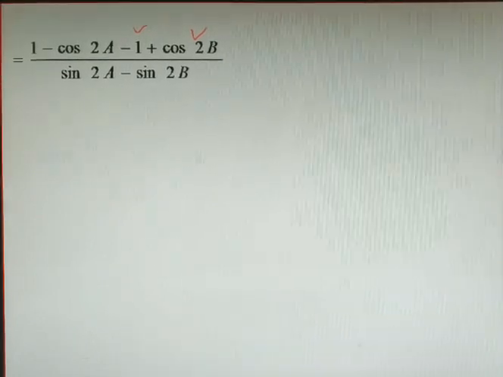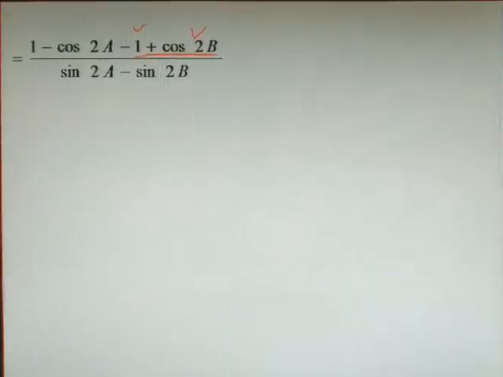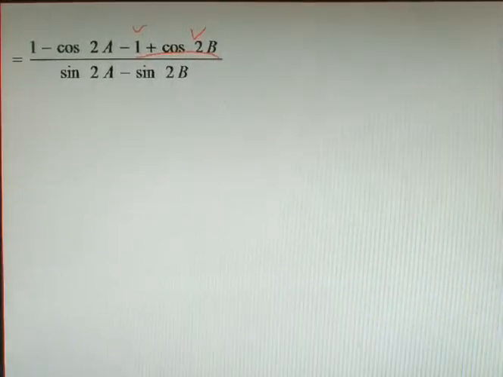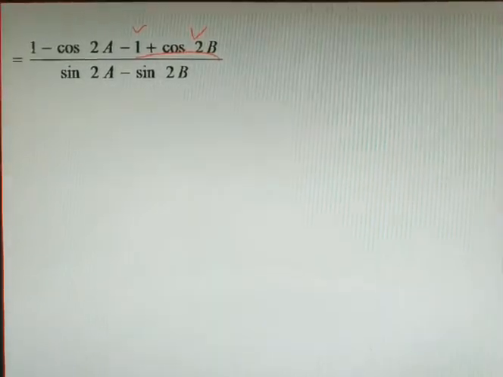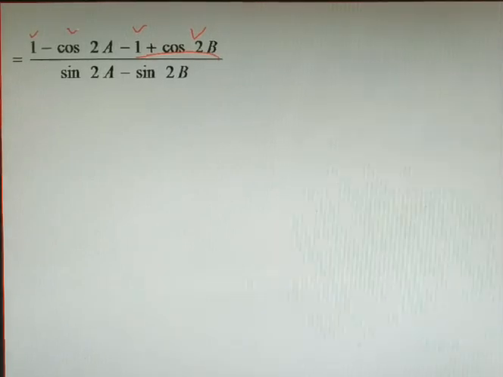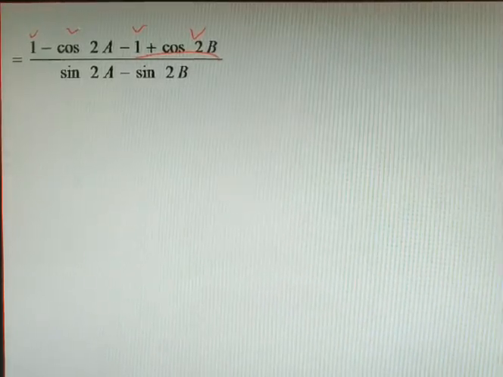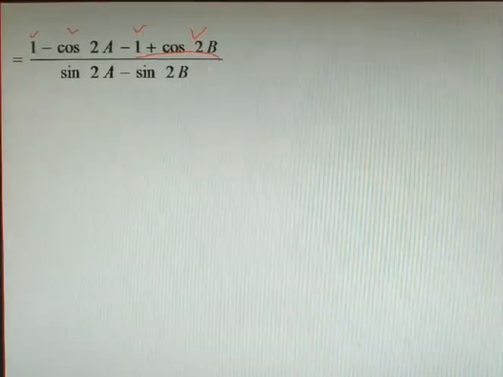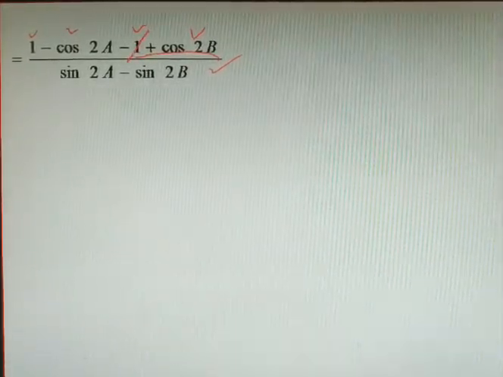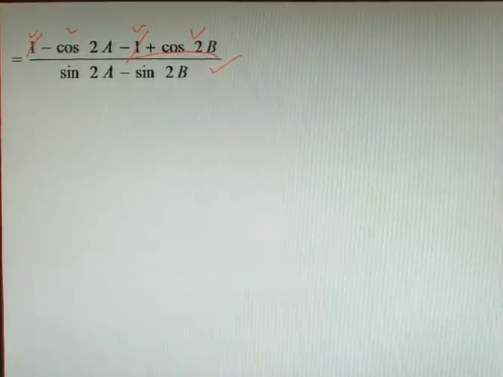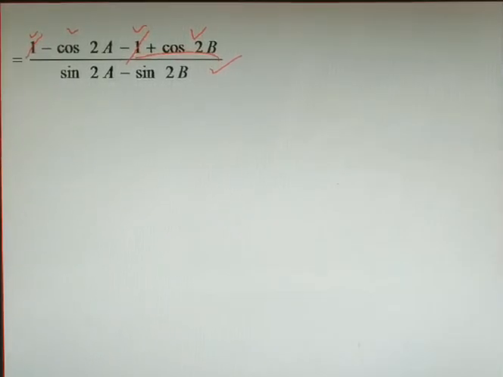These two numbers come after multiplication with the minus sign that is in front of the bracket. And this 1 minus cos 2A is just copied from the previous step. This one will remain the same. And after this step, now again we can see that there are the numbers 1 and 1 with opposite signs.